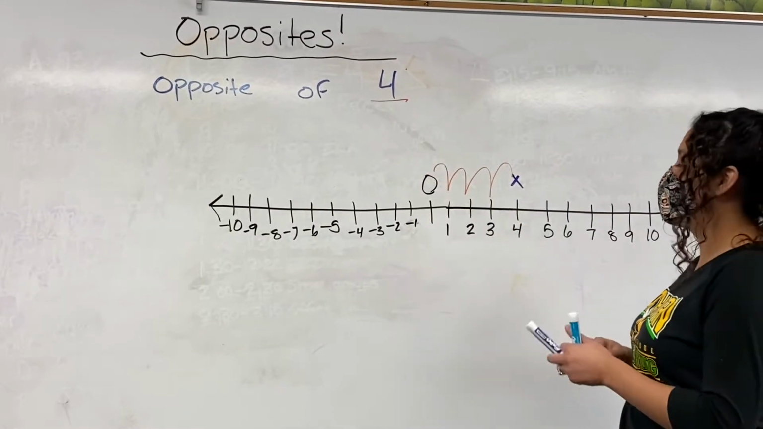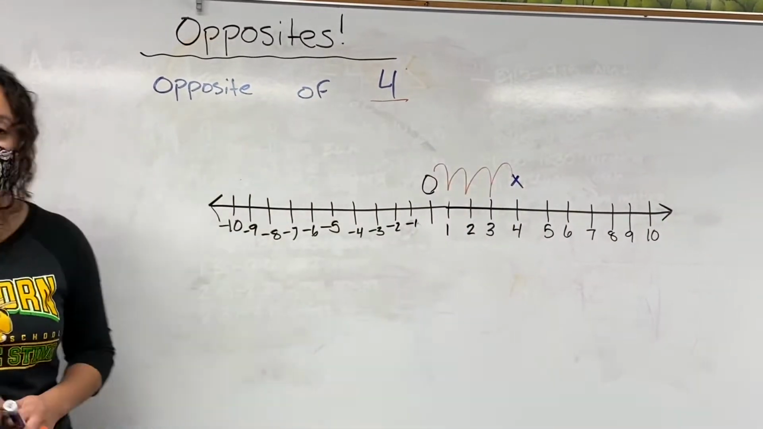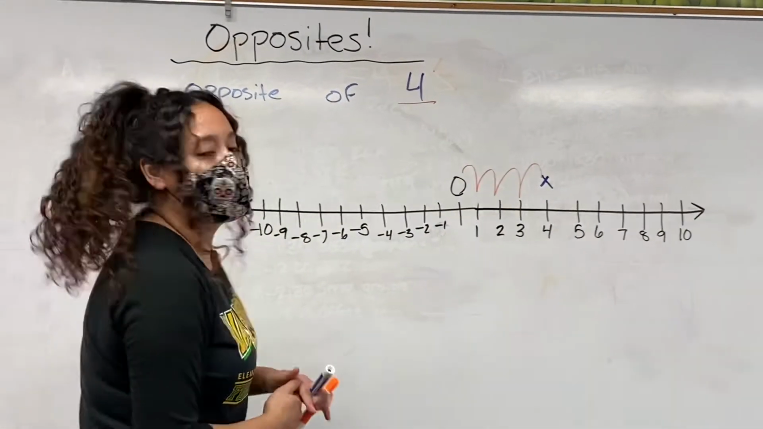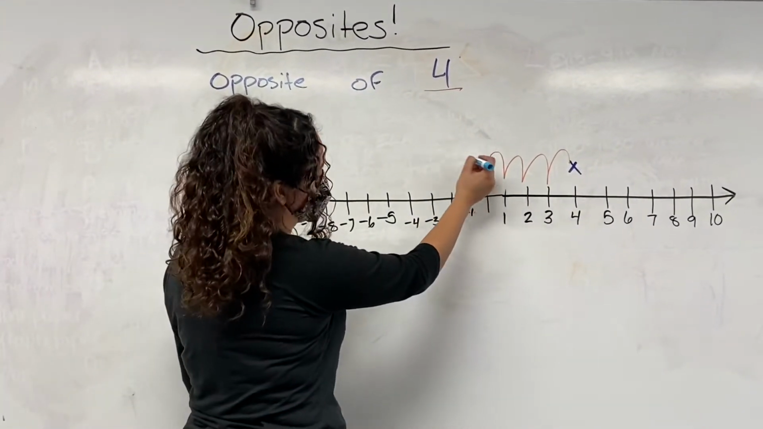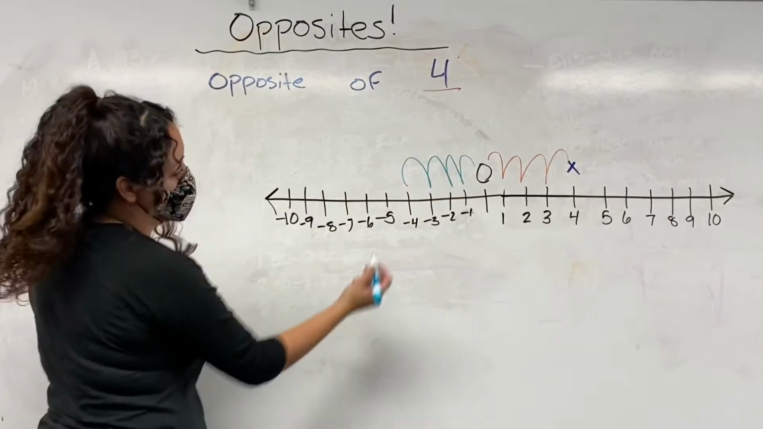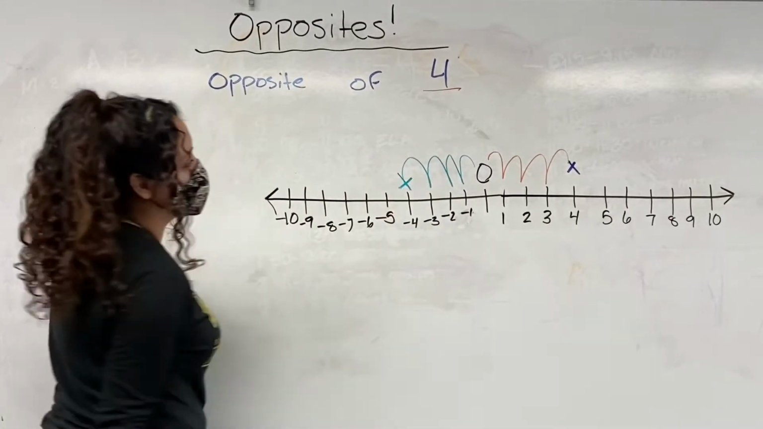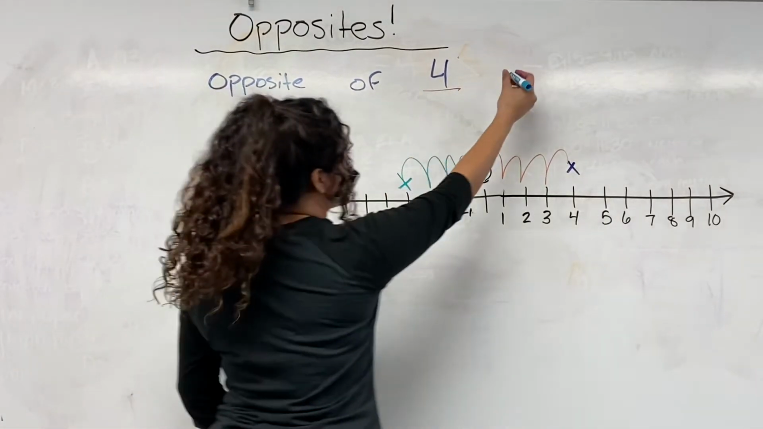Now, to find the opposite, I have to go on the opposite side of 0, the same amount of steps. So I'm going to bounce from 0 in the opposite direction. 1, 2, 3, 4. And there is the number that is opposite of 4. The opposite of 4 is